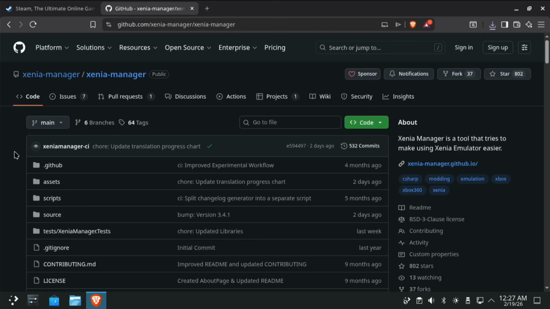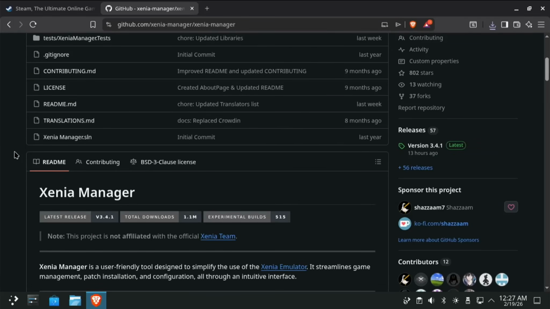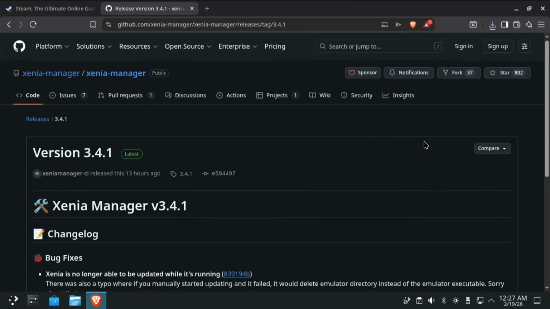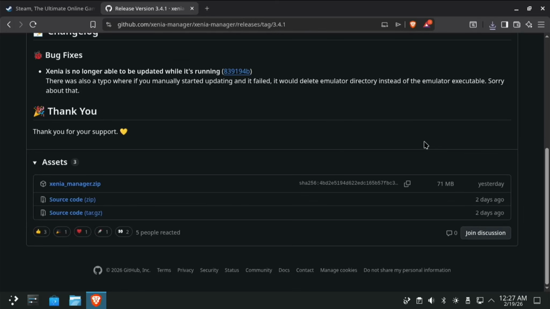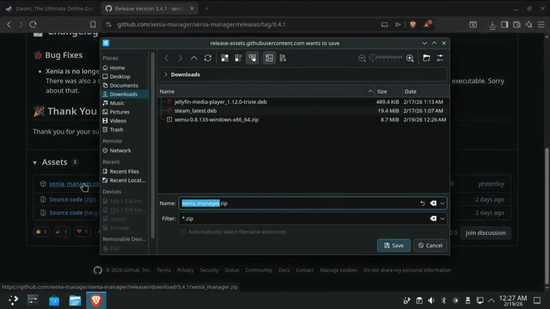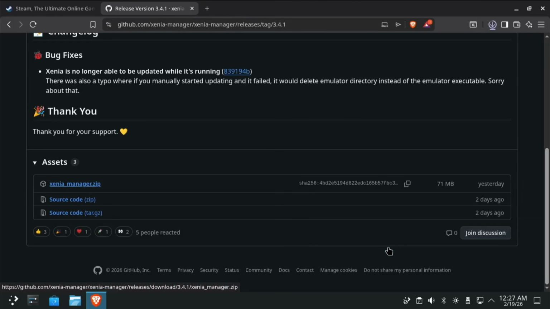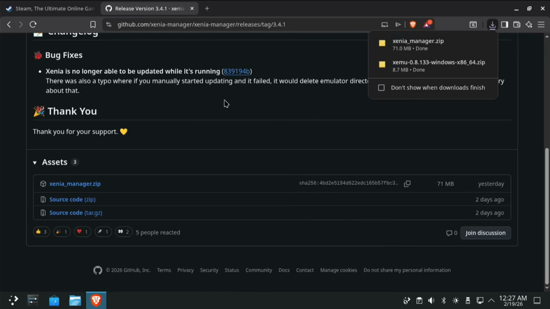It just makes it all nice and pretty and everything. Go down to here, go to releases, and then go down here until we get to assets, and Xenia Manager zip, and save that. Okay,